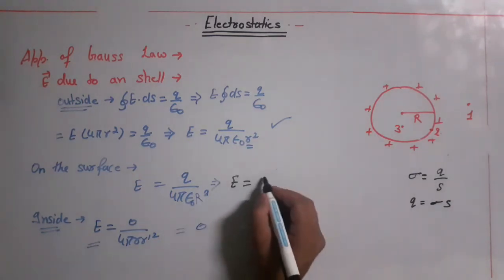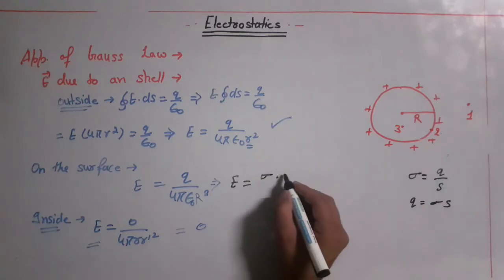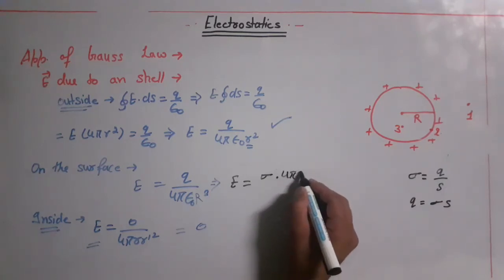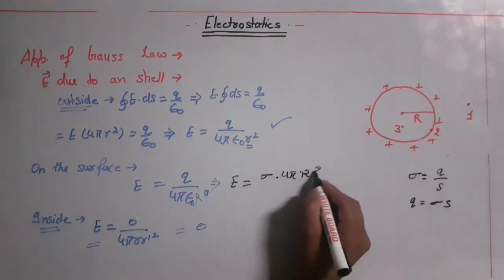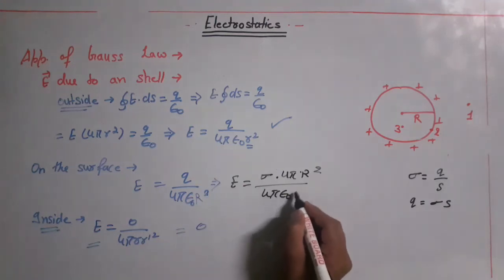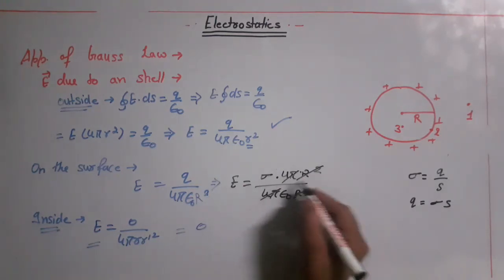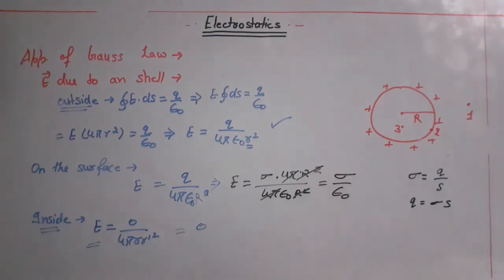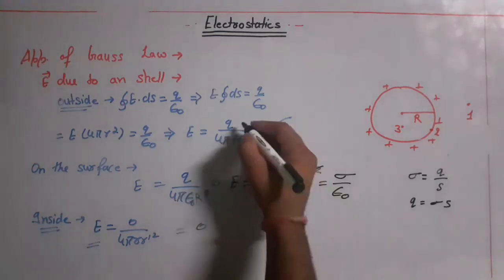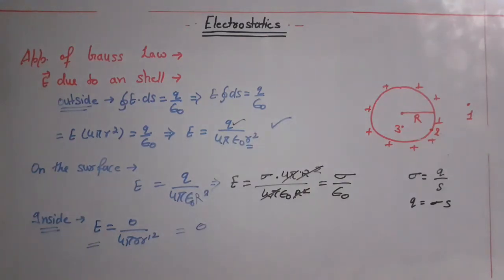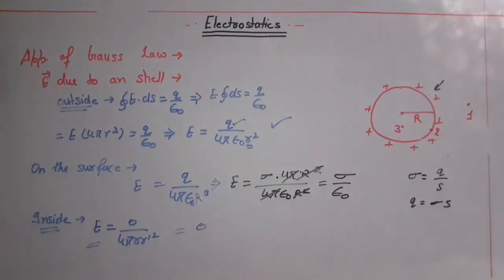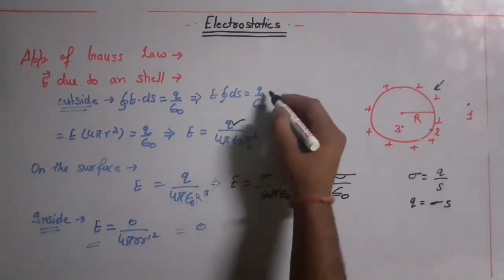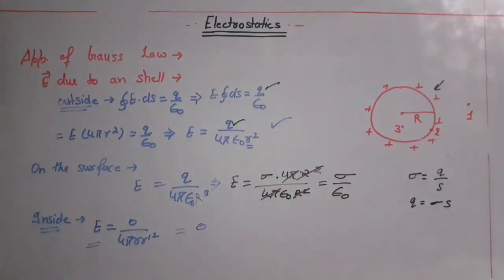Put the value here, sigma into S, and S is here 4 pi r square. And what is the value of this r? This is the capital R. Divided by 4 pi epsilon naught capital R square, R square cancels out, 4 pi cancels 4 pi, this will become sigma by epsilon naught. Okay, similarly you can put the value of Q here. In any question in which you are given charge density, you can easily convert the charge into its density form. You can replace the charge with its density form anywhere in this equation.